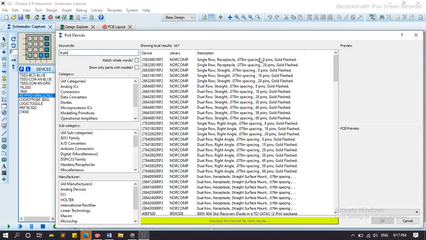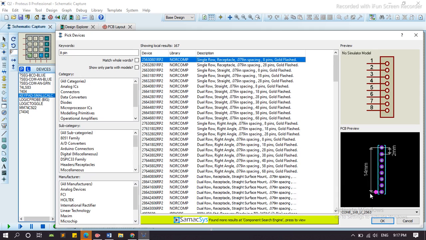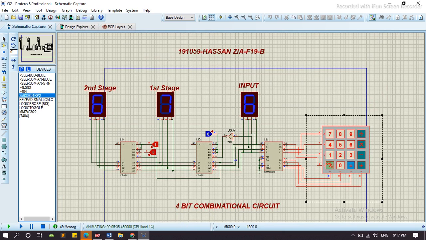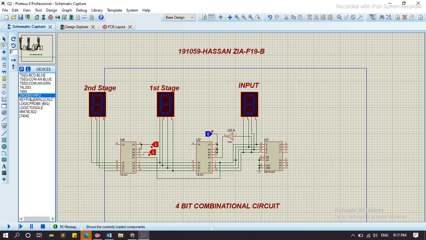Here we can select any one with the PCB view. Here is this. Now we delete this. We stop the simulation, and after this we delete it, and by selecting this we go to here and connect these wires.